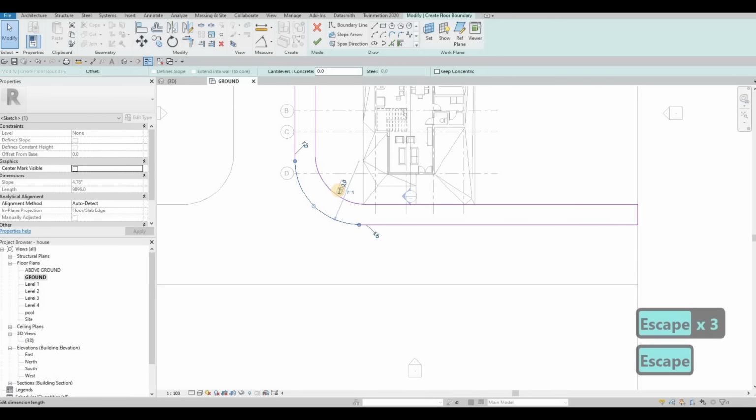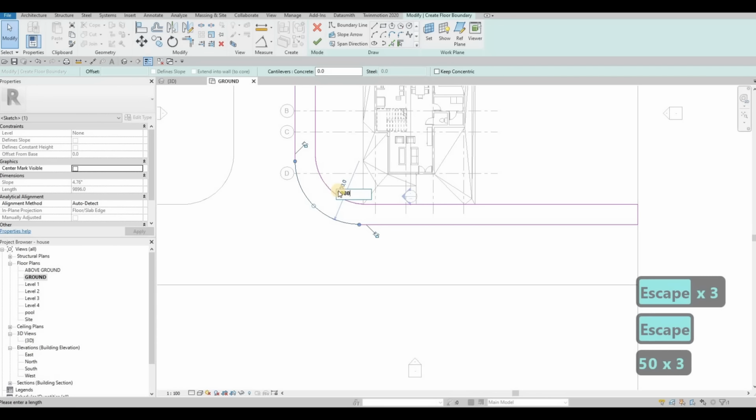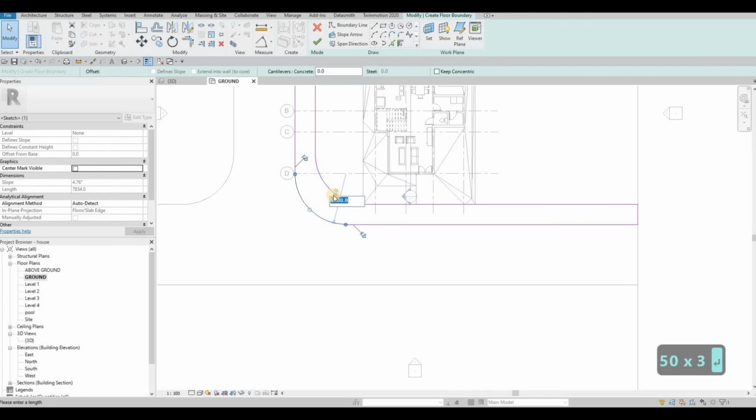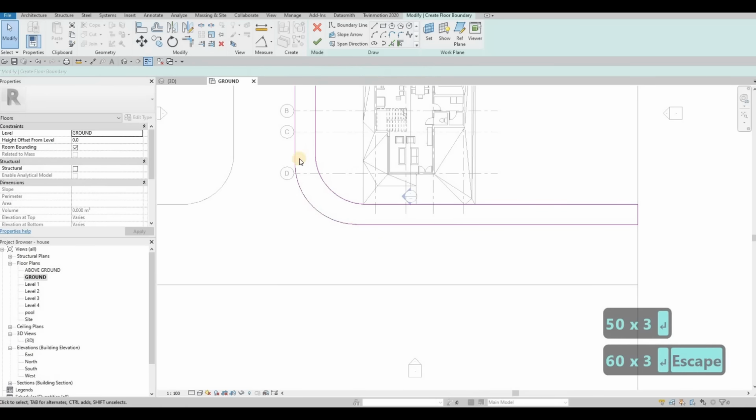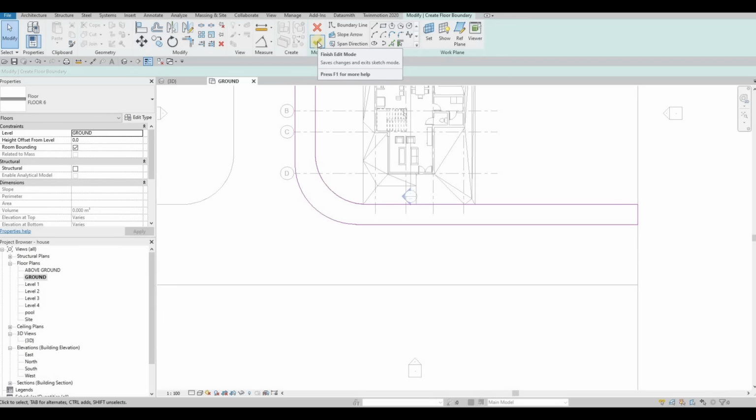This is 5000, and then we're gonna do 5000 as well, or actually 6000 is good. It looks more natural in terms of the curvature. So we're going to click finish on that,